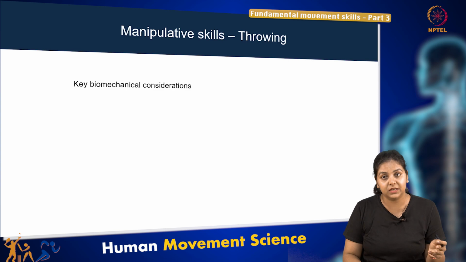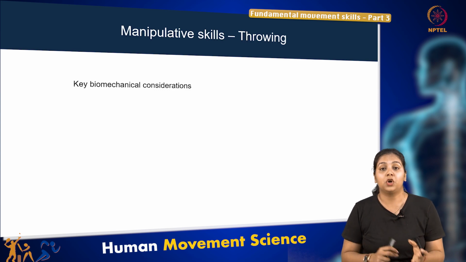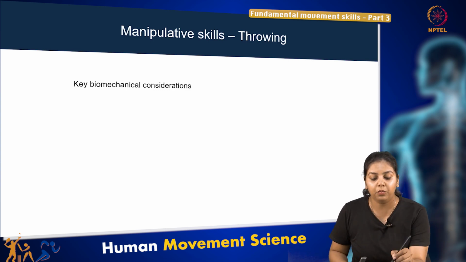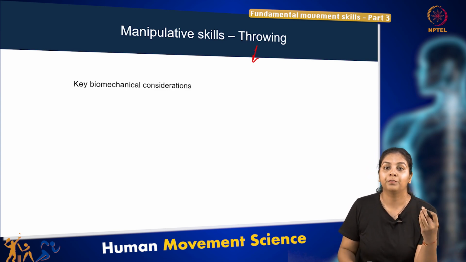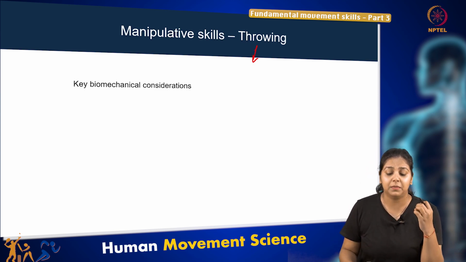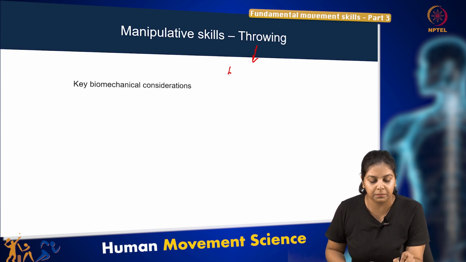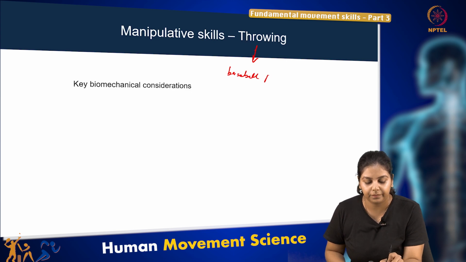Now that we've looked at the different stability skills and locomotor skills, let's look at some of the manipulative skills. Again, with the manipulative skills, it's a combination, and these are quite complex in nature, right? So although it's a throw, there could be different types of throws. Where would you find the action of throwing, for example, or the action that mimics or has underlying characteristics of throwing, right? So for example, you would have it in baseball pitching,